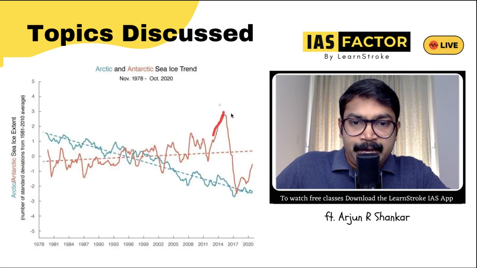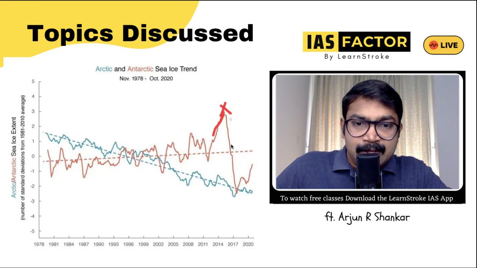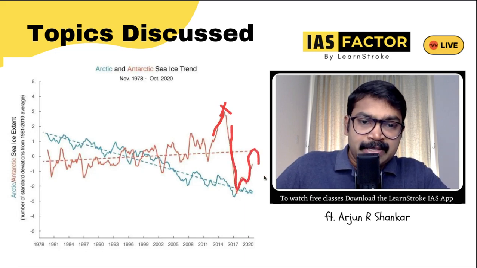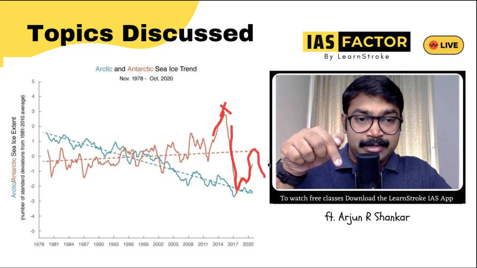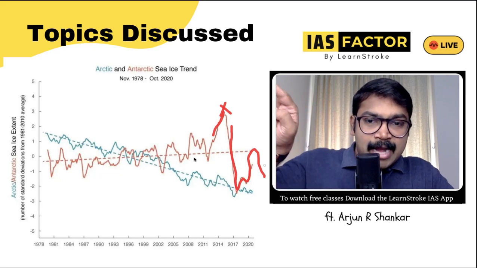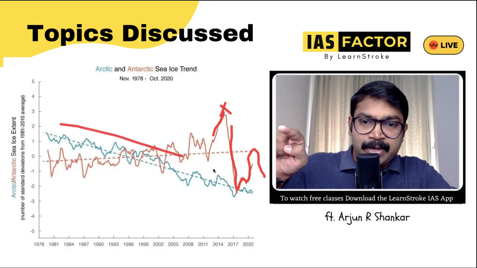You can see this peak at this point. It has peaked, then decreased, and then it is increasing, and maybe sometime after it will again decrease. So the Antarctic has increased, then declined, and you can see the Arctic line has completely declined.